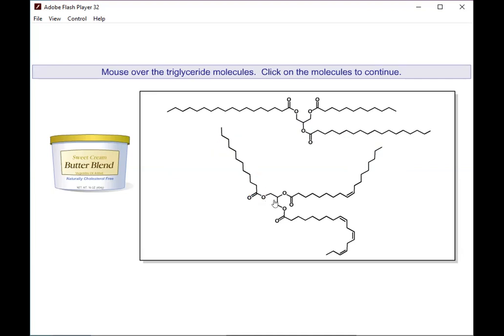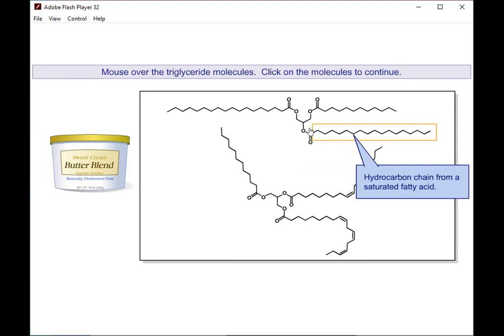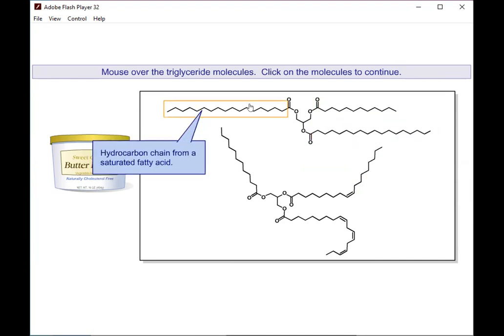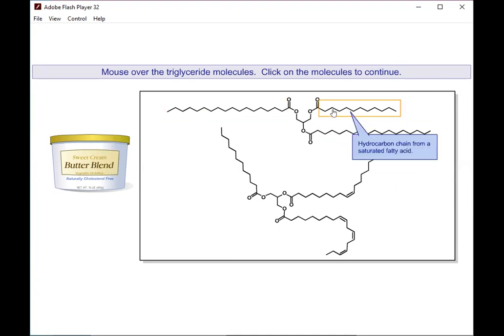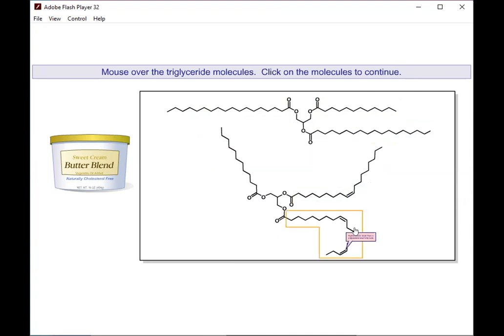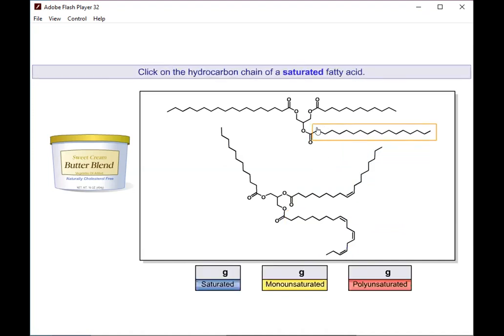Each of these triglycerides has 3 fatty acids coming off of it. So let's start with this one. This one has 3 saturated fatty acids, and they are all single bonds, and they are all straight. Okay. This triglyceride down here has a monounsaturated fatty acid and also a polyunsaturated fatty acid. So let's start with this one. Okay. So this is a saturated fatty acid, and